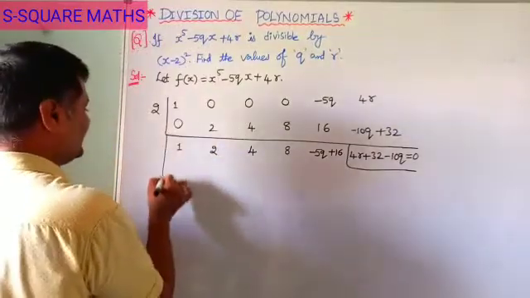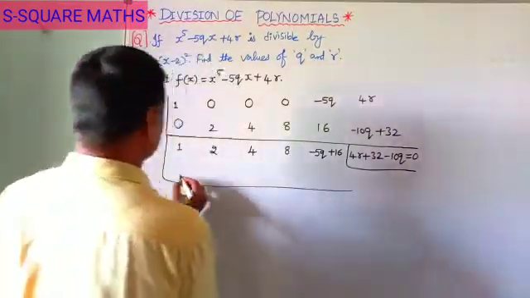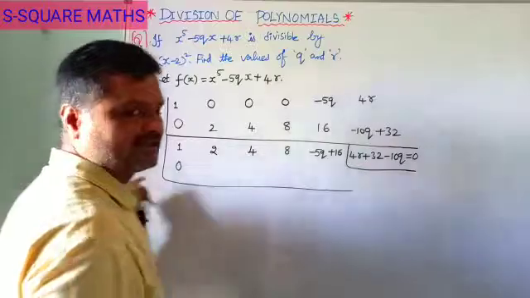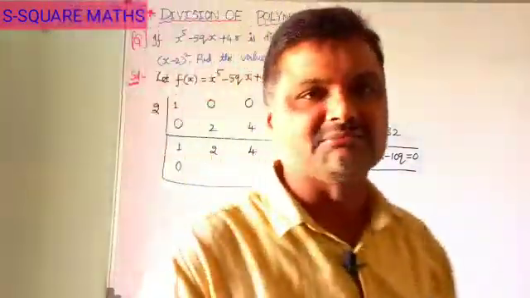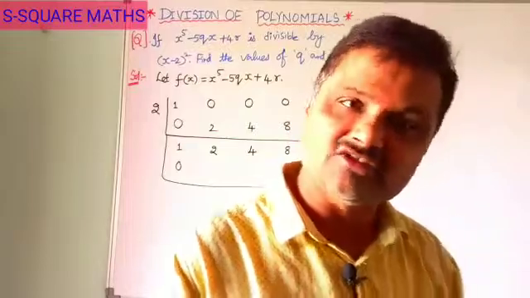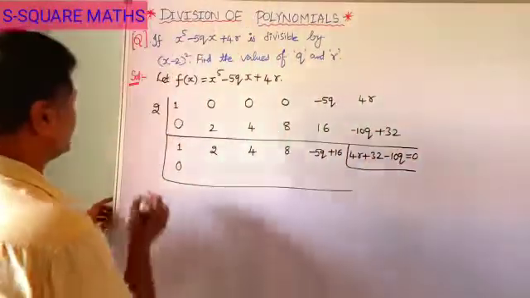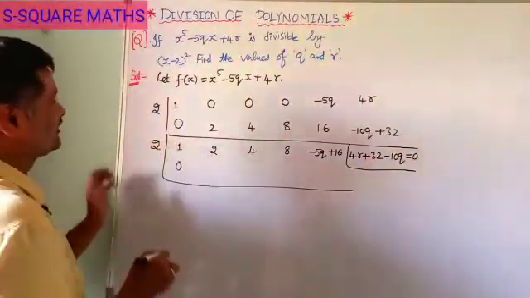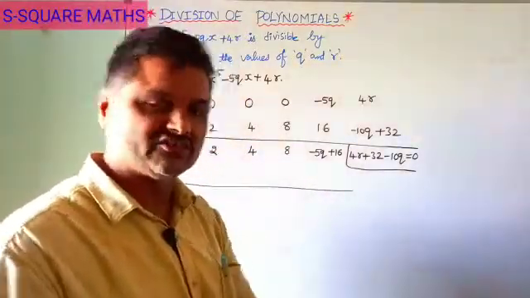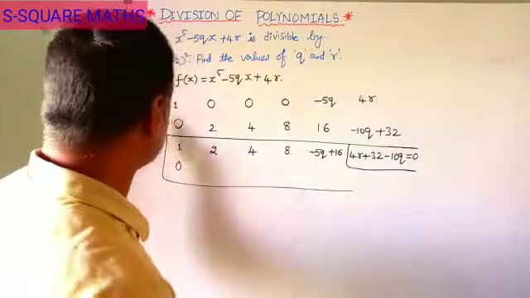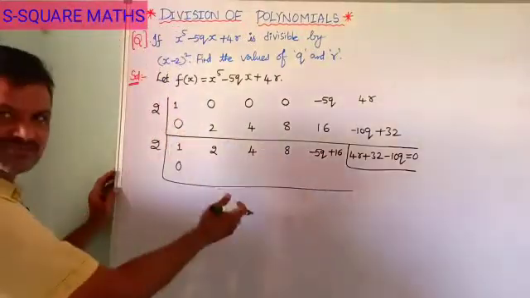Next step, again applying Horner's method in the same way. Out of (x minus 2) whole square, one (x minus 2) has been completed. We have to consider now one more (x minus 2). So we take 2 because it is divisible by (x minus 2) whole square. 2 will act as a zero of this polynomial, as we did previously. So the same steps follow.